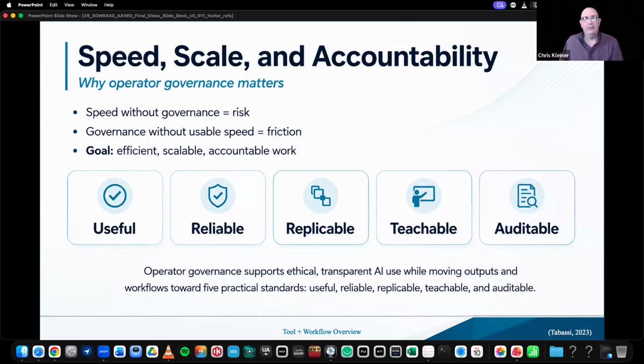And then when you audit when you're finished, that is organizational intelligence, which does a couple things. It makes your processes better for you as a user, and it also fortifies the organization and helps protect against organizational amnesia. One person might have done a great research project, they leave or get promoted, they're going somewhere else, somebody else comes up and they don't have a way to do it. They're starting from scratch. We have AI; we want to avoid that. So: useful, reliable, replicable, teachable, and auditable. Those are functions that I've put into this that, rather than speak to ethics and transparency, are the mechanics of those, or at least work towards them quite reliably, actually.